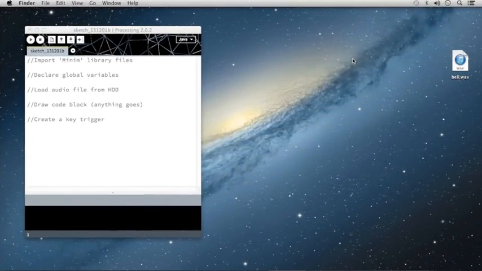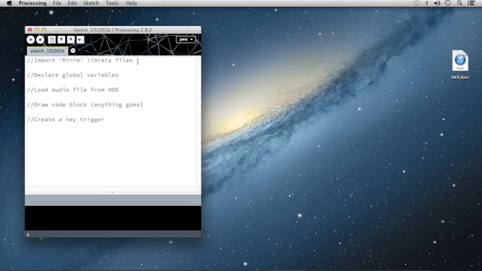Okay, here we are in Processing, and I've created a new sketch. I've placed into the sketch several comment lines outlining the steps that we'll be taking to add audio to our sketch. I'm going to show you two different ways to work with audio in Processing. The first is going to use the AudioPlayer variable to simply play back a file upon launching your sketch. The second is going to use the AudioSample variable, allowing you to trigger the playback of an audio file using a keyboard press. So, to get started, first I'm going to show you how to import the Minim library